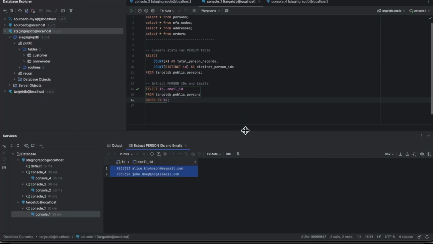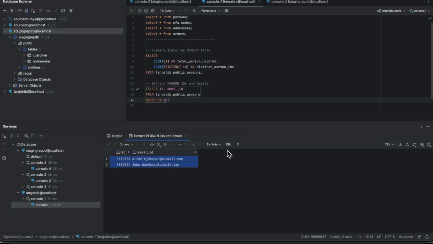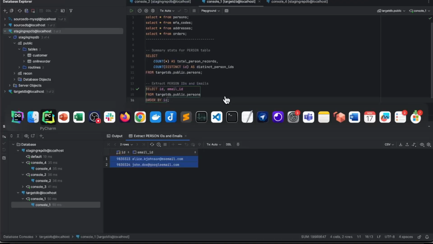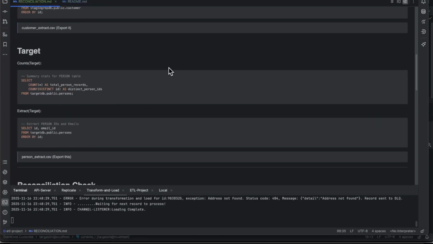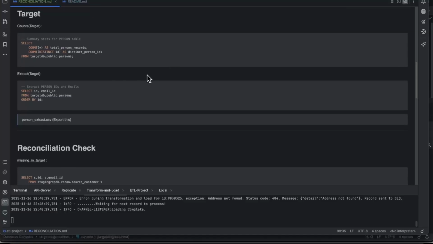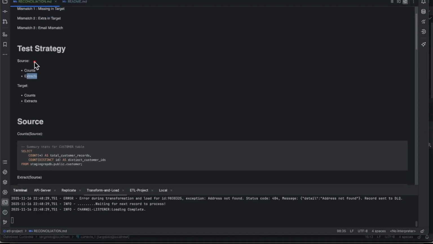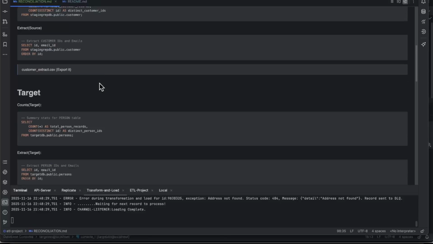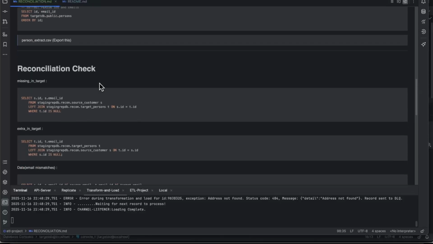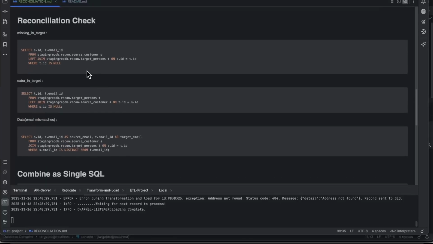Now the next stuff is, let's get back to our strategy. Yeah, so we have done source count and extracts and target count and extracts. Okay, now we'll go and do the reconciliation check. First we'll run,